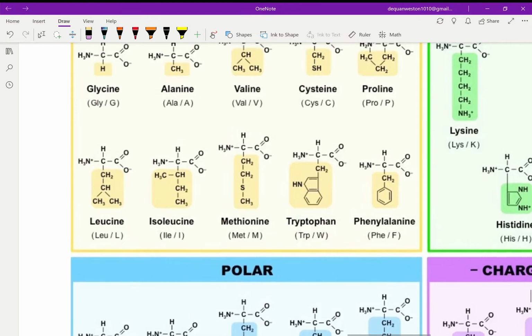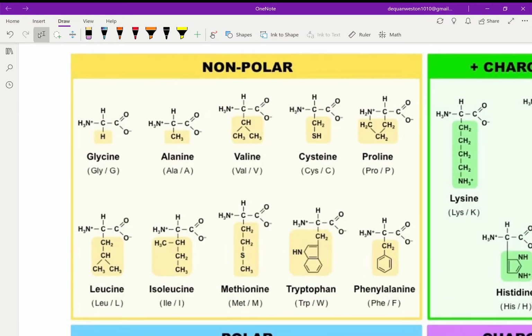So let's hop back up here to the non-polars. These R groups. So yes, there's a plus and a minus in the amine and carboxyl, but those actually cancel out, and we won't factor those. So you can go through and basically count off everything. We're just going to be looking at the R groups. So let's go through every single one of these, mark the R groups off, and identify why it is nonpolar,